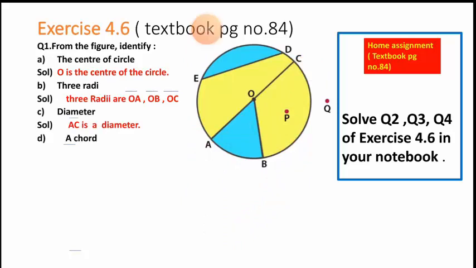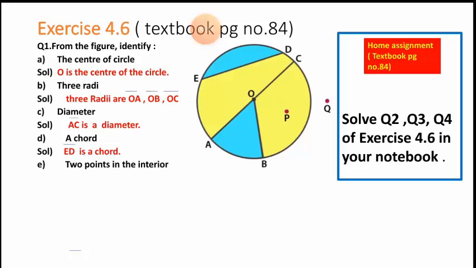Now next we need to identify a chord. Okay, so by seeing this given figure, you can identify a chord for this given figure. So you can see here this ED is the chord. As such, we can see this, it joins 2 points on a circle. So we will write ED is a chord. Then next comes 2 points in the interior.